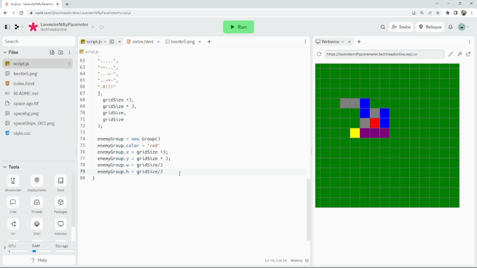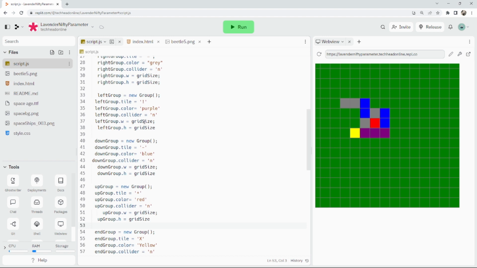I don't want a collider again, so enemy group dot collider equals none, because I'm not interacting with things necessarily. And that's pretty much it. There's some other bits I want to add in later on, like spawn towers and stuff, but that's it. Okay, so that's our setup function